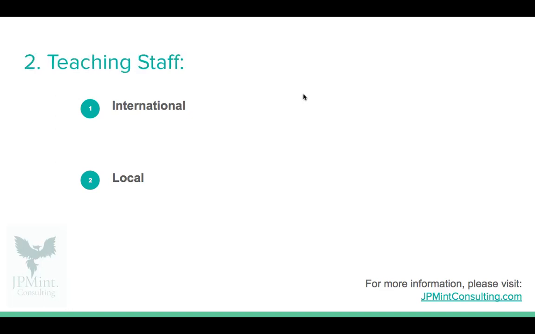The next thing you want to consider is teaching staff. Most likely, if you are being recruited at an international school, you will not be the only one. So there will be a component of international staff, but there will also likely be a local component, and they could be teaching exactly the same as you. What I consider international departments would be English, math, science. Social studies can be a little bit of both. It might be local and in the local language, or it might be international, IB, economics and history and that kind of thing.